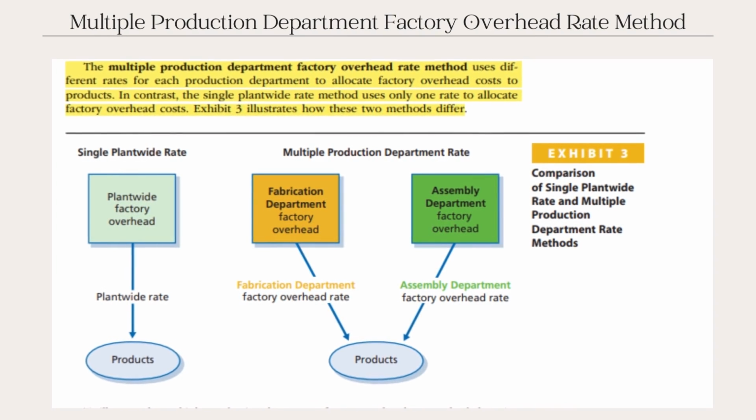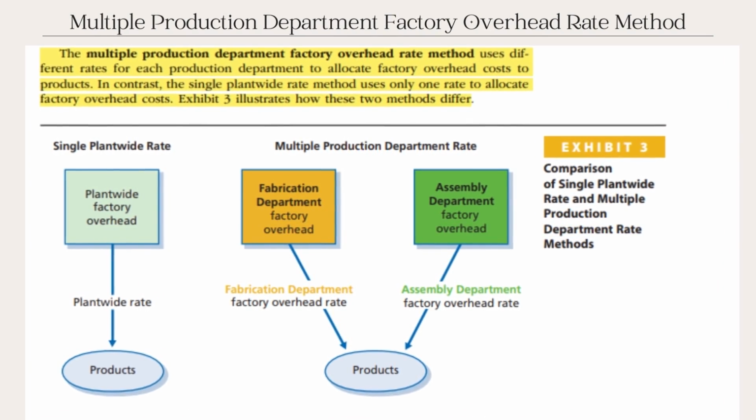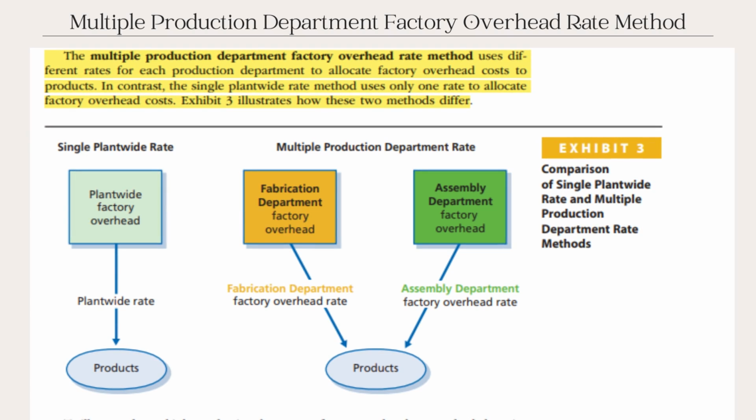Now let's go with exhibit number 3, which compares the single plant-wide rate and the multiple production department rate method. As we can see in the illustration, the single plant-wide rate method uses only one rate to allocate factory overhead costs, whereas the multiple production department rate method uses two departments, the fabrication department factory overhead and the assembly department factory overhead. To further understand these two departments under multiple production department,